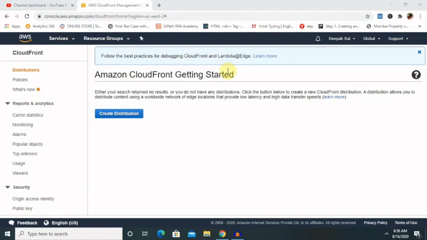Let's begin with how to create CloudFront in our AWS account. For creating a CDN, we need to have one S3 bucket already configured with our account. So if you have not created S3, please watch my previous session, or I will mention the URL inside the description tab so that you are able to create S3 first, because CDN is a